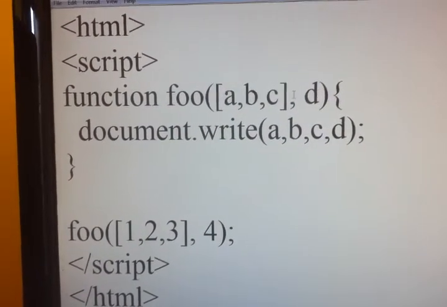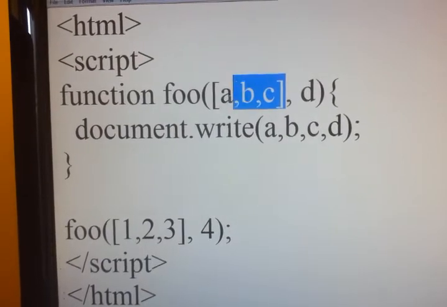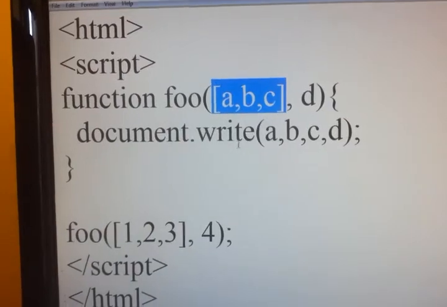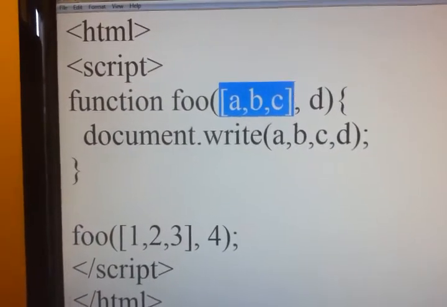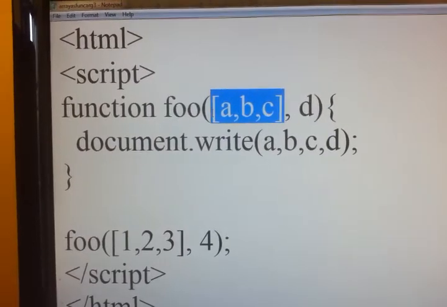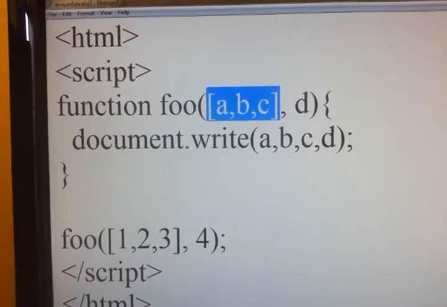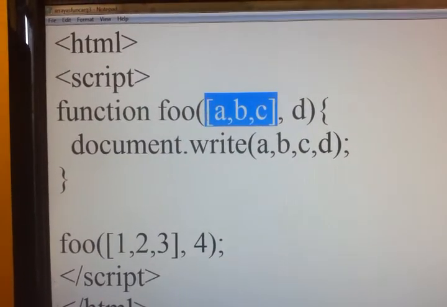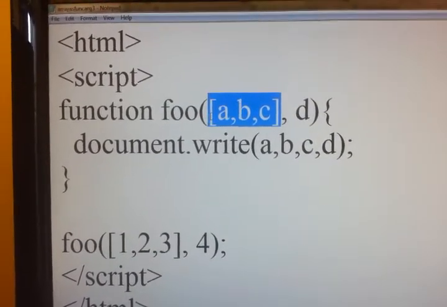In the parameters, the first parameter or argument is written in brackets. As you all know, we call this an array. Whatever we write in brackets in JavaScript, we call it an array.